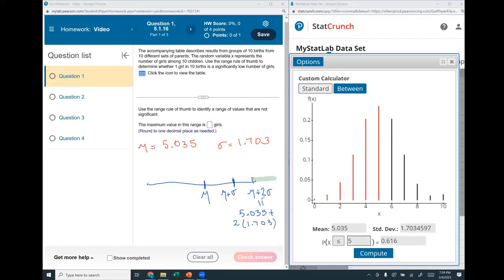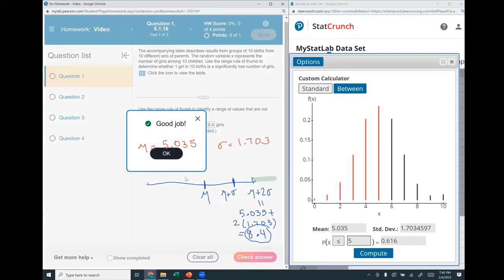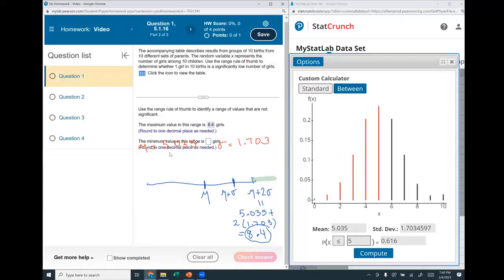And I'm going to get out my handy dandy calculator. And I have 5.035 plus 2 times 1.7. And I get, and we're only getting around to one decimal place anywhere, so I really went overboard. So 8.4. That's the value I get. And let's plug it in and see if it works. 8.4. Check. All right, perfect. So now what we want to do is,